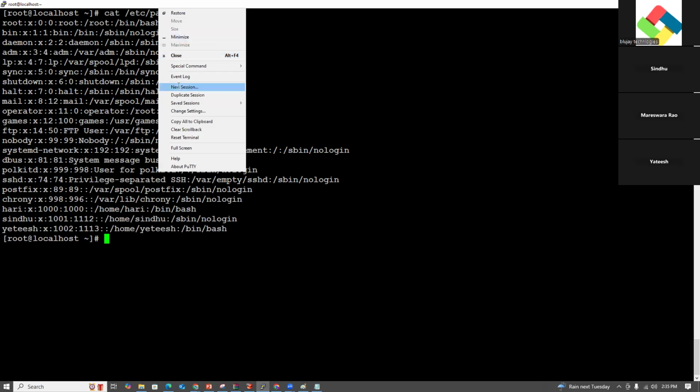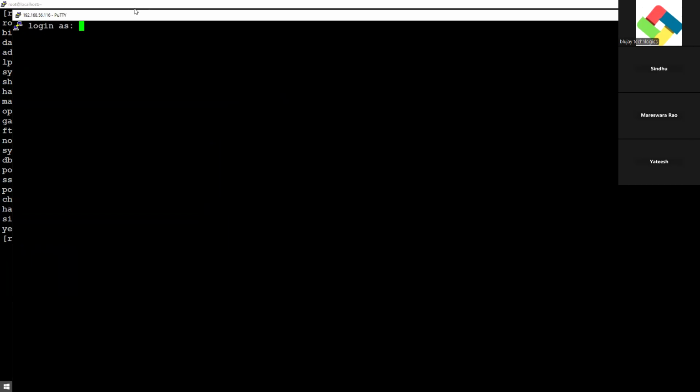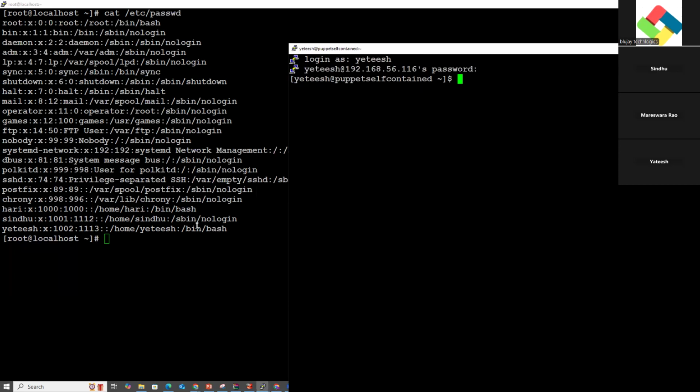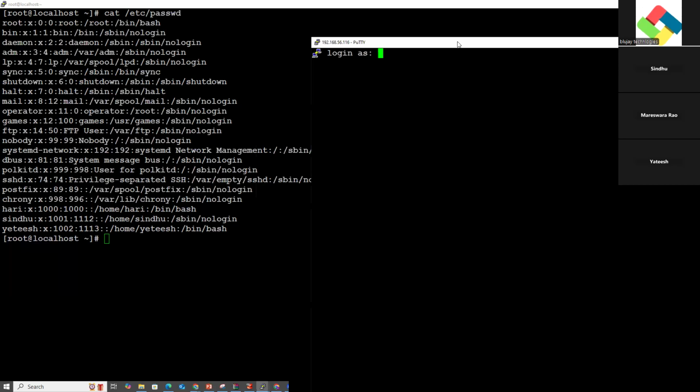Let's try to log in first as Yatish. Yatish, Red Hat. Yes, Yatish is able to log in to the server. Yatish has /bin/bash, but Sindhu has nologin. Let's see whether Sindhu is able to access the server or not.